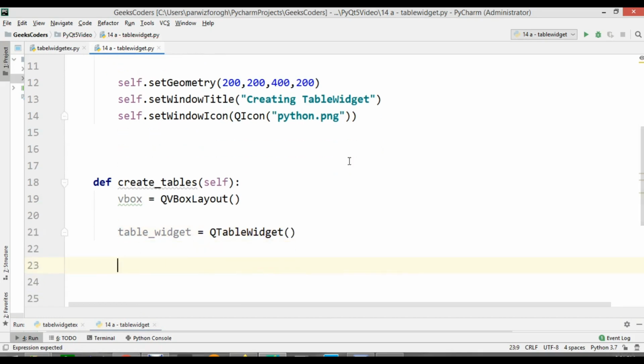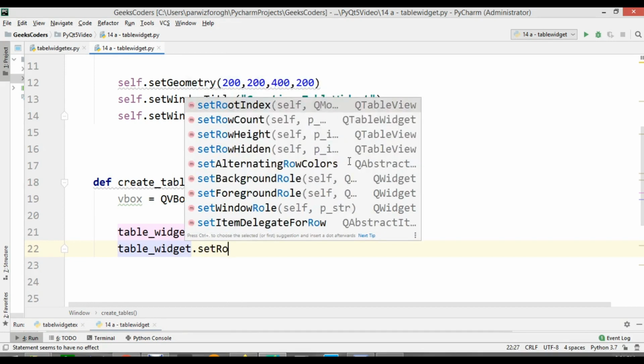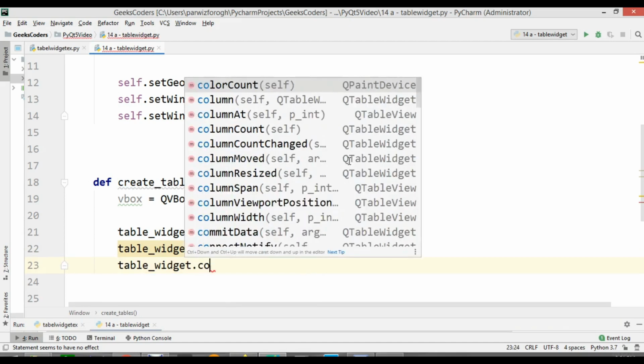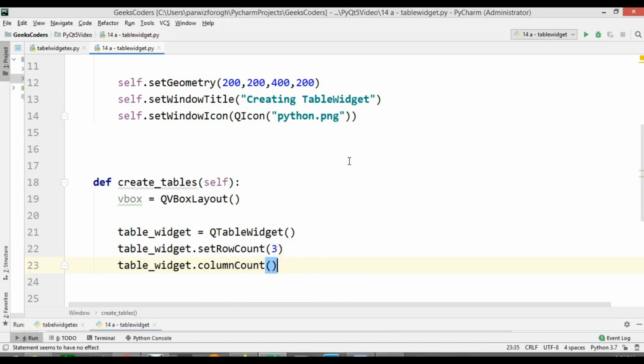So this is the object of QTableWidget. After that you need to set the row and also column count for the table widget. So we can say setRowCount, and for the row count I'm going to give it 3. Table widget dot setColumnCount,